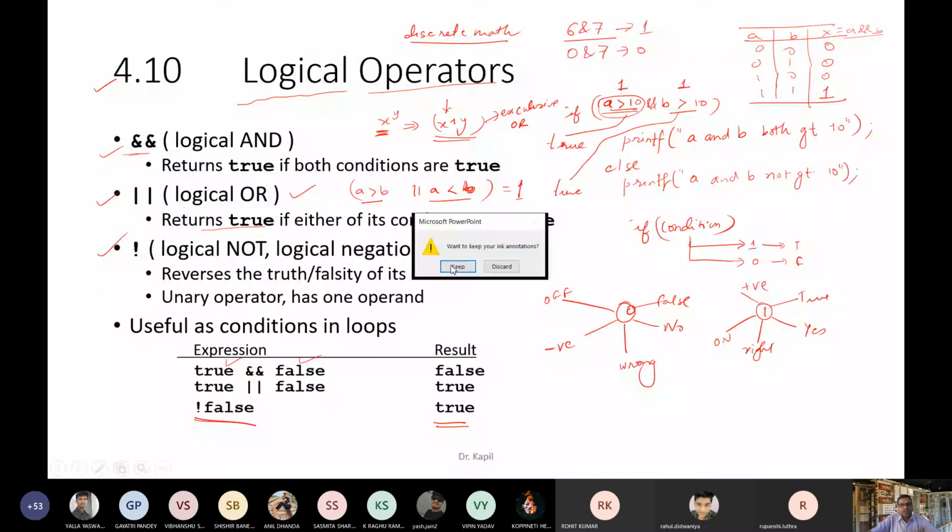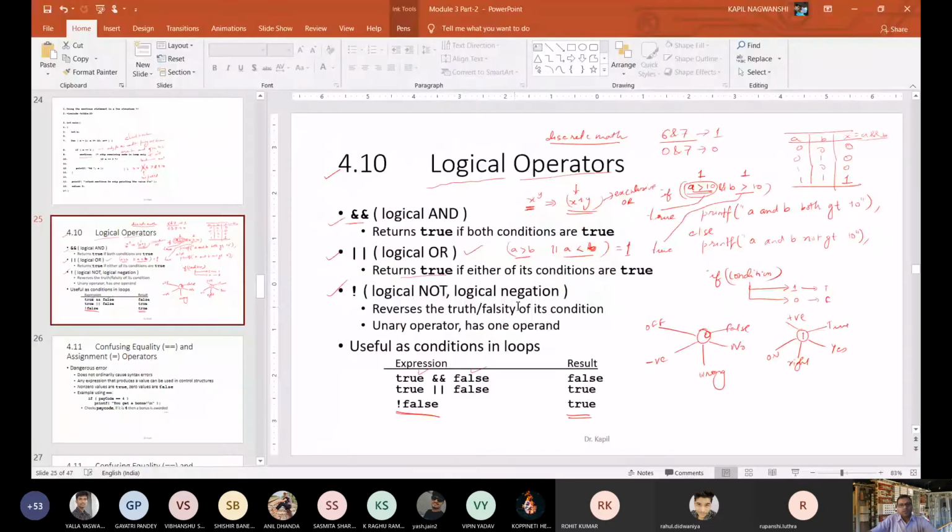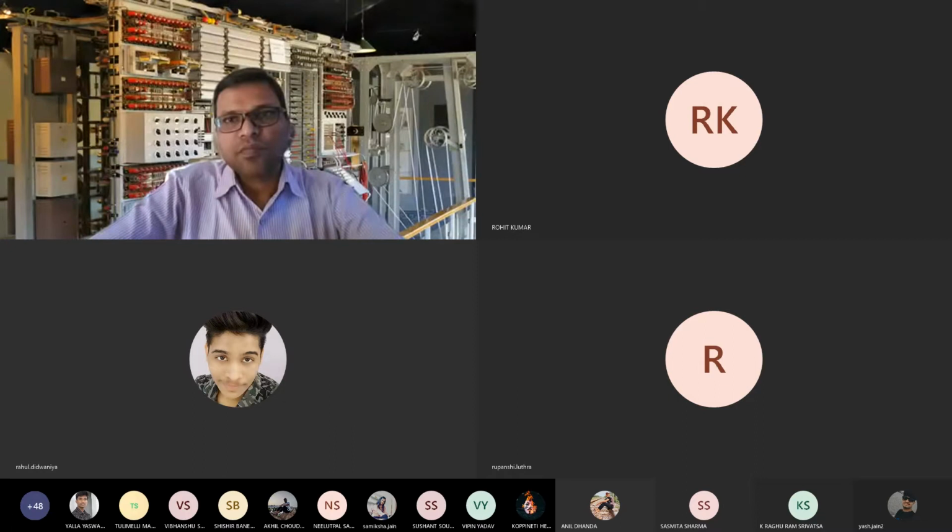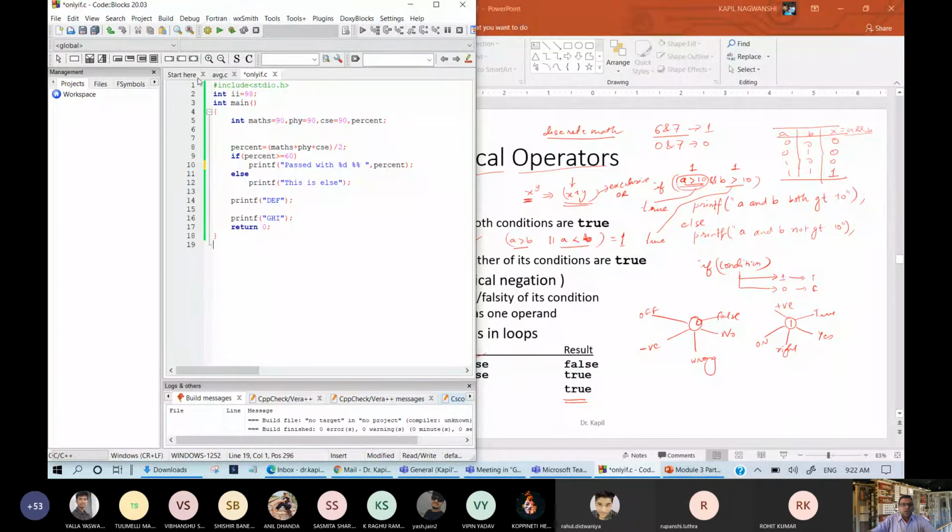It is much better to understand why I am talking about these operators and what they mean. So better to go by programming. Now, if this is a program, I'm writing one more program, logic.